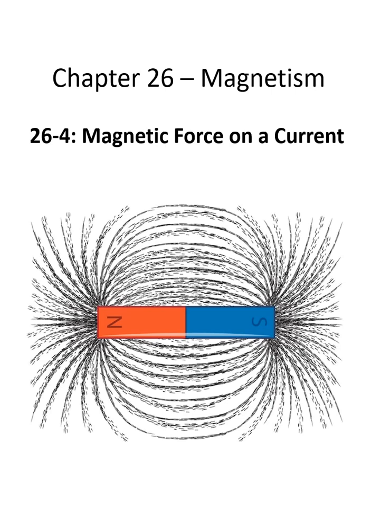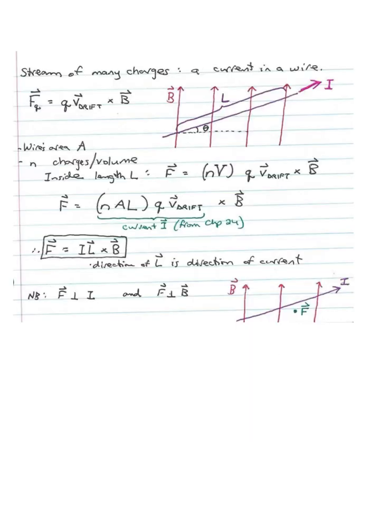This is chapter 26, section 4 on magnetic force on a current. An electric current, such as one in a wire, consists of charges in motion. So a current in a magnetic field should experience a magnetic force. Look at the picture right here, and we see a straight wire in a magnetic field